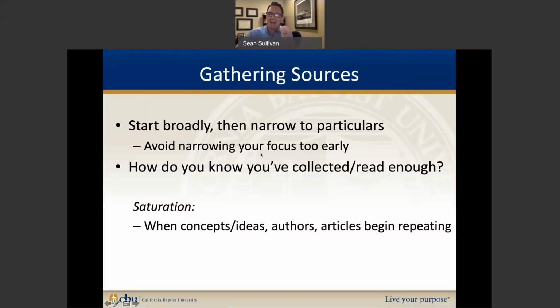A quick word about how to gather your sources. There's two things at play here. I want to start very broadly related to my topic. So if your topic is, let's say, factors that might impact the low number of women in high-level sport management positions, then I'm going to want to